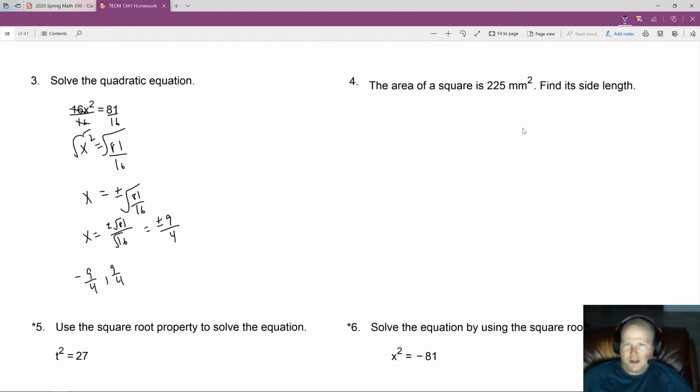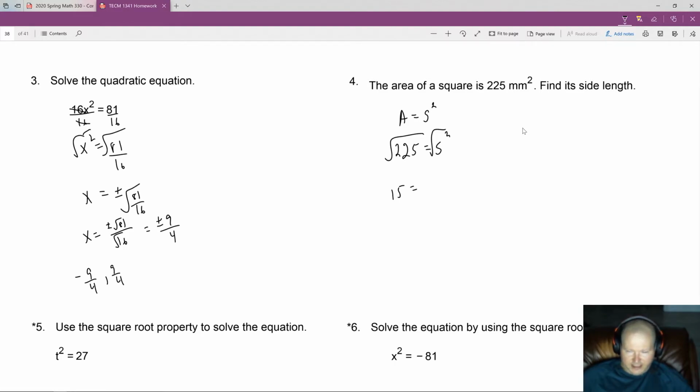Let's move on to the next one. Now they're saying the area of a square is equal to 225 square millimeters. And we want to find the side length. Now the area formula for a square is area is equal to side squared. So we plug in what we know, which is 225 equals s squared. And we simply take the square root of both sides. And it gives me 15